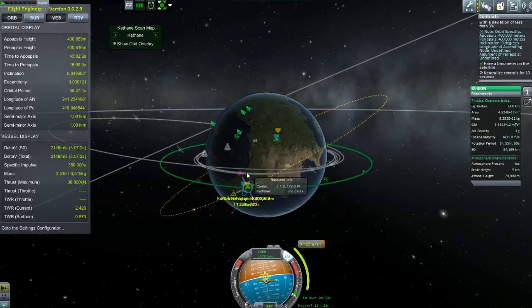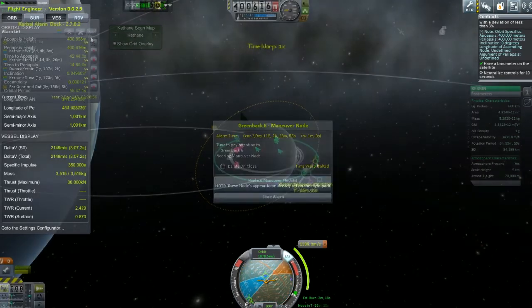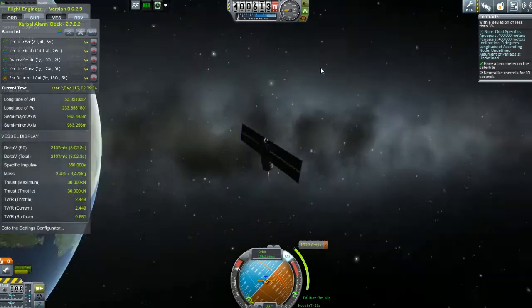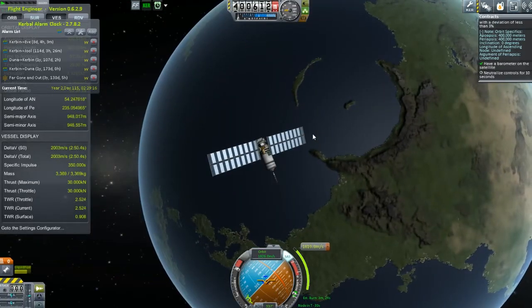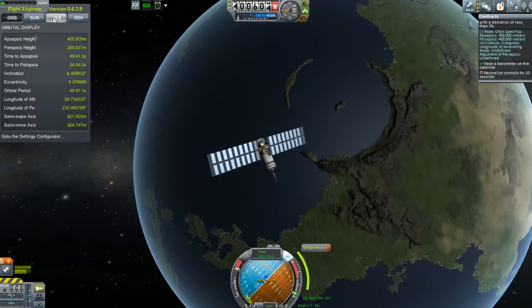So I figure, why don't I put it into an inclined orbit and maybe do some scanning for Kethane? So I set up a maneuver node and get my ship into position and just start burning to get it. I'm not going into a full polar orbit because I don't have enough fuel, but I can get a fairly inclined orbit, and then I can cover much more of the planet than I normally would if I was just scanning equatorially,